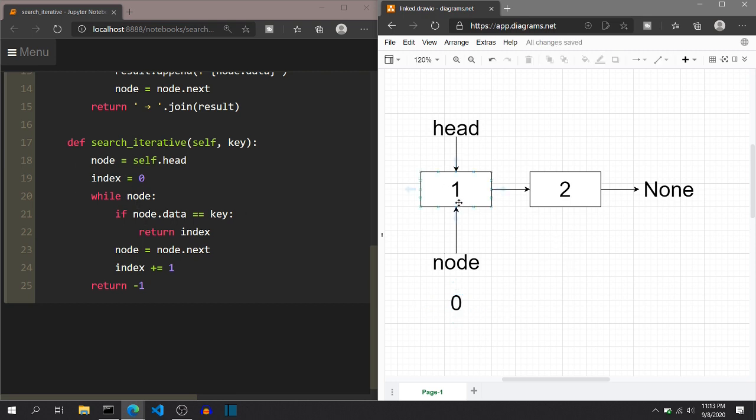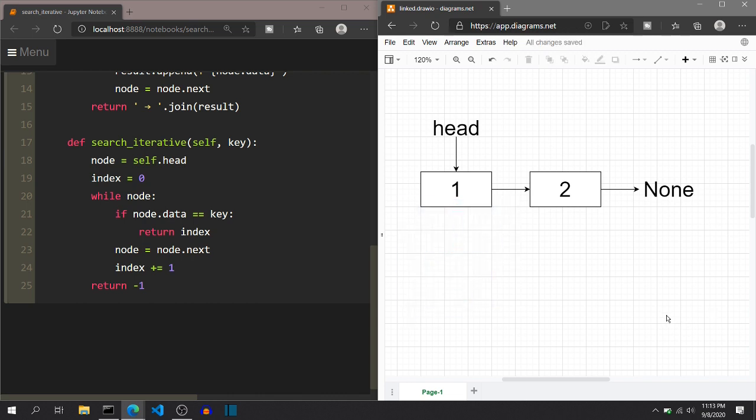While node, so node is not pointing to a None value, so this will become true. If node.data, so this data will be compared to the key, and key is 1, so this will become true in the first iteration itself, and it will return 0, which is correct because with 0 based indexing, 1 is present at index 0. So this condition is true, and the temporary variables will be deleted like this.